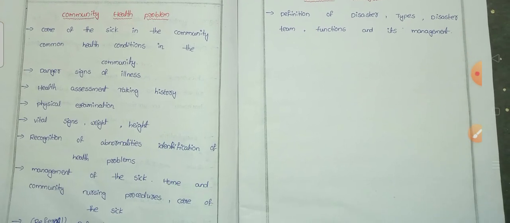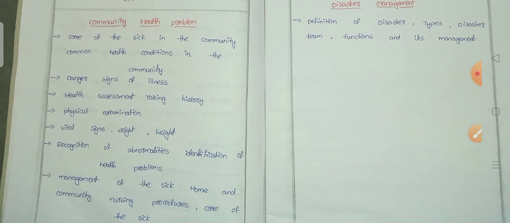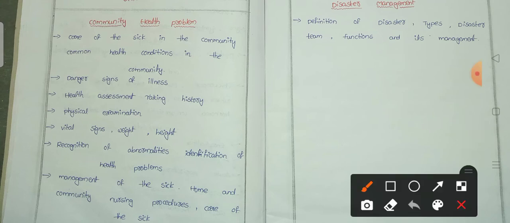Next, seventh unit, C. So C is the community health problems. In this, danger signals, they may ask danger signals. If you find any danger signs of illness easily without delay, we have to refer the patient. Why we have to refer? By observing these danger signs without delay, we have to refer. If you refer, the patient will get the proper treatment within the time period. If the patient gets the proper treatment within the time period, we can save the life of the patient. That is the reason, as healthcare department people, we should be aware of the dangerous symptoms in illness. Okay, next, physical examinations.